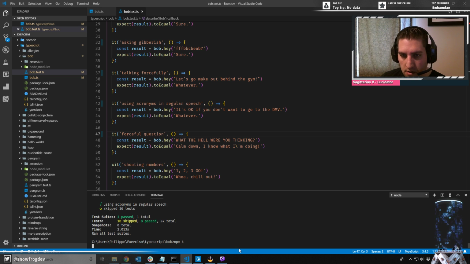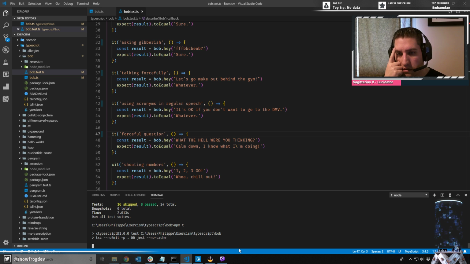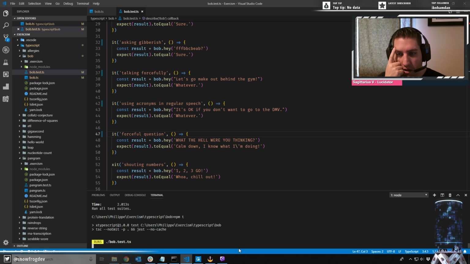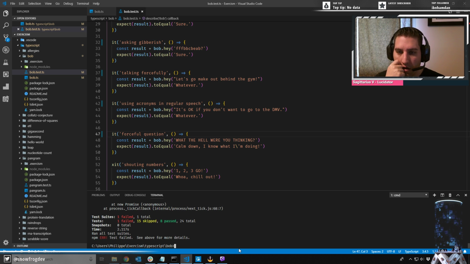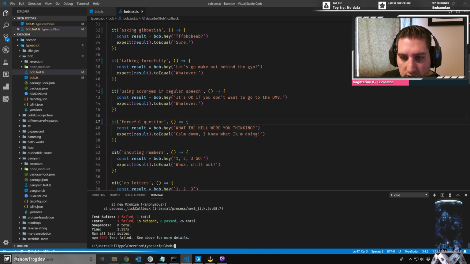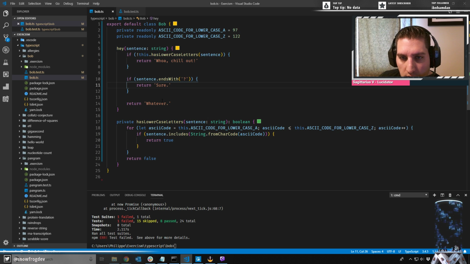That's not going to work. So we need a way to determine if we are, well, we already have the ingredients to deal with this, right? If sentence ends with this,